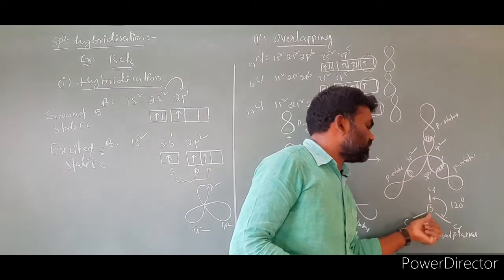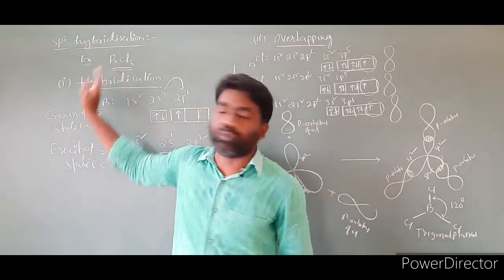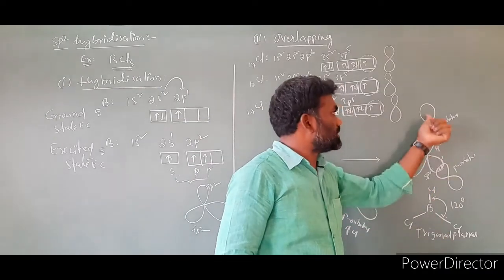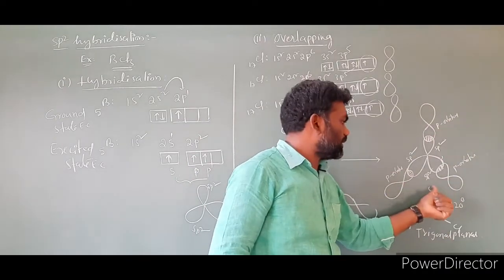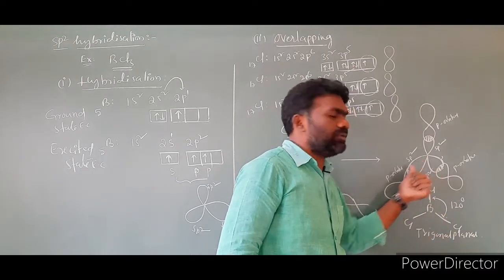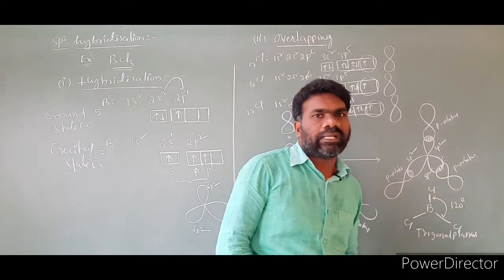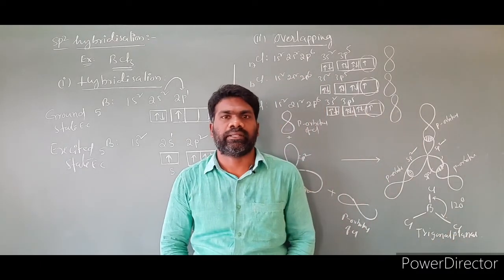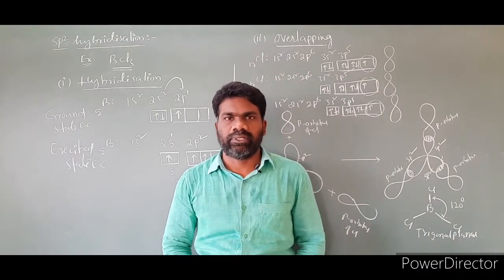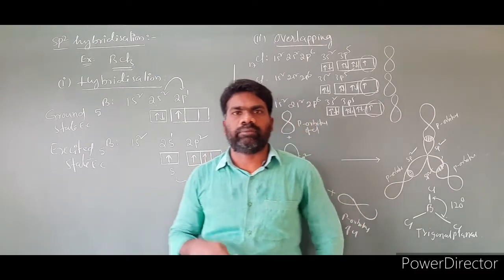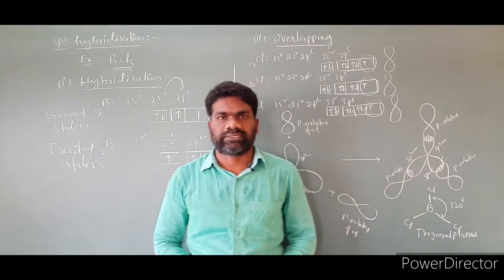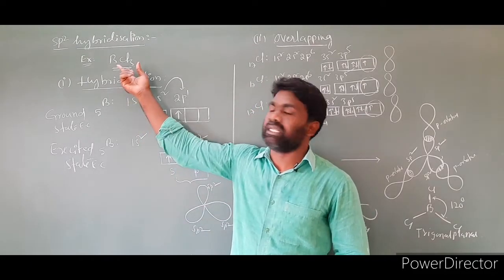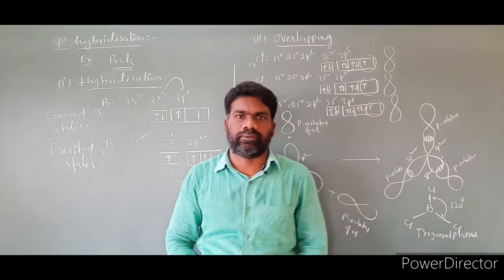According to this structure we have to write the structure of BCl3, boron at the center. These are sp2 hybrid orbitals from boron, and these are p orbitals from chlorine. So they make the bonds between them. So we got BCl3. The bond angle is 120 degrees and the shape of the molecule is trigonal planar. So this concept is very simple. If you understand the concept for one molecule, the concepts for the remaining molecules will also be the same. This is sp2 hybridization, and the example is the BCl3 molecule.